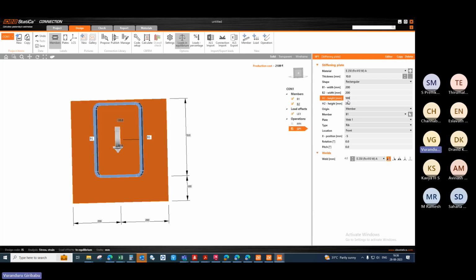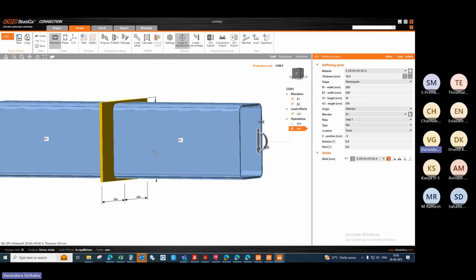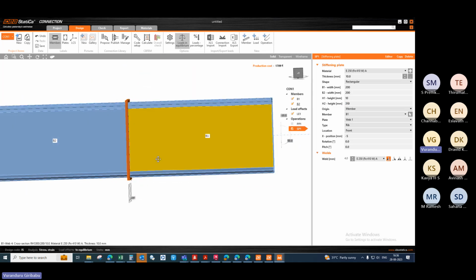As we can have only two sets of bolting. So if you want to have only two sets of bolting, you can give only 10 mm here. So only two sets of bolting will be there. This is one plate done. We have to get another plate. But if you want to give all these dimensions again, otherwise what we can do is